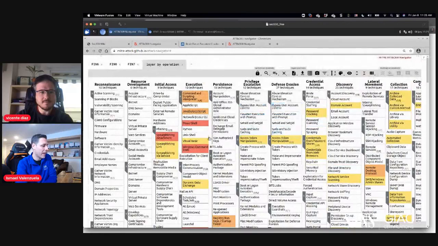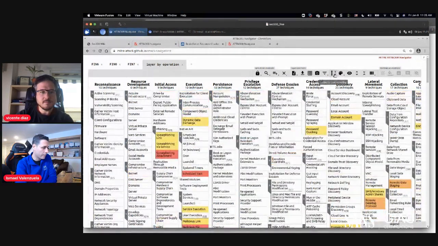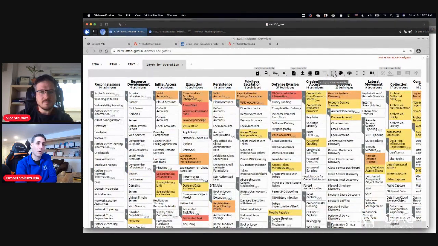But as you can see here, we have some techniques highlighted in yellow, others in orange, meaning they have a score of 2, and the red ones having a score of 3. Something else you can do is to sort by score descending. So this one, the red ones to the top, and then you can see what it is that you should be